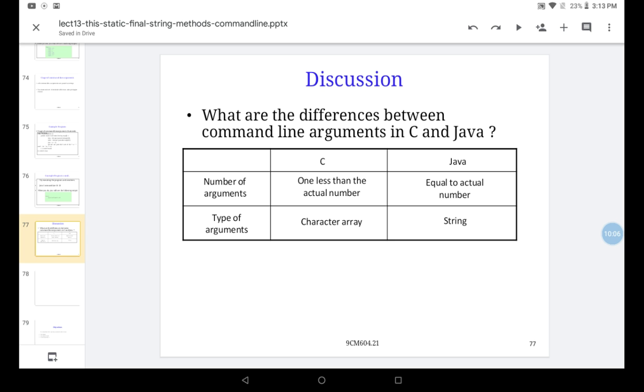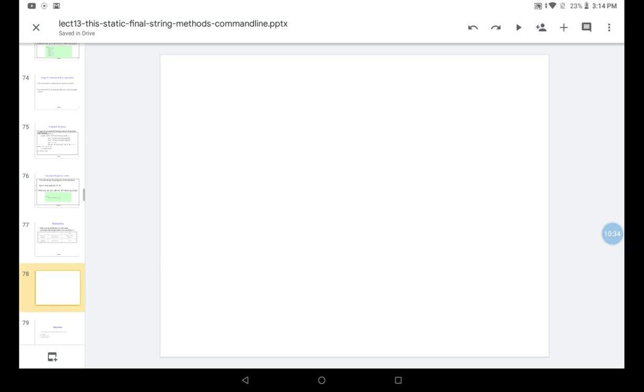In Java, it is equal to the actual number, because here everything we count is an argument. The type of arguments we pass in C is character array. In Java it is string. So that is about command line arguments.